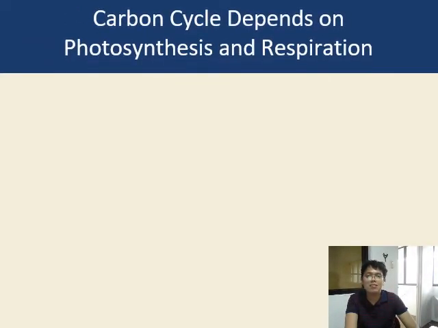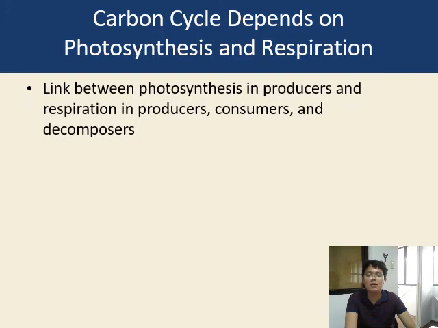Now another type of cycle is the carbon cycle, in which photosynthesis and respiration depend. The carbon cycle is the link between photosynthesis in producers and respiration in producers, consumers, and decomposers. Carbon is the building block of carbohydrates, fats, proteins, DNA, and other compounds. When carbon circulates through the biosphere, hydrosphere, and atmosphere, producers, consumers, and decomposers are the ones who